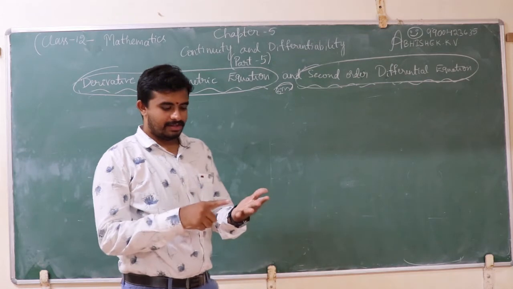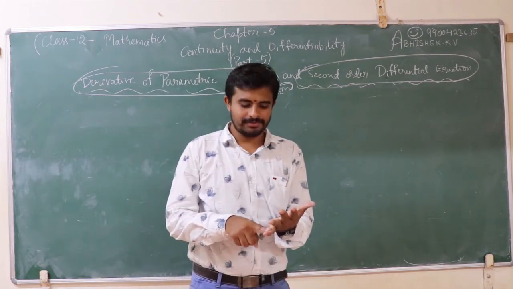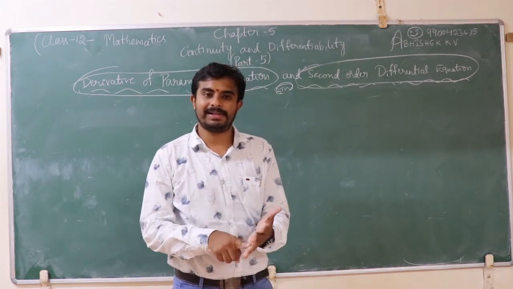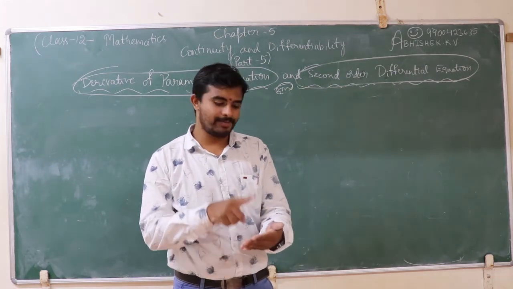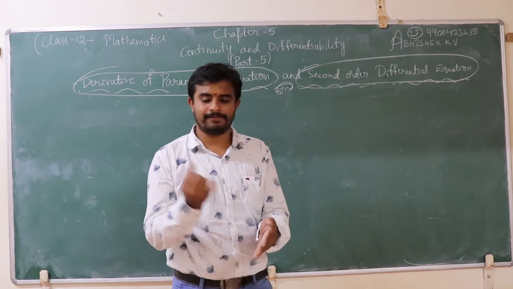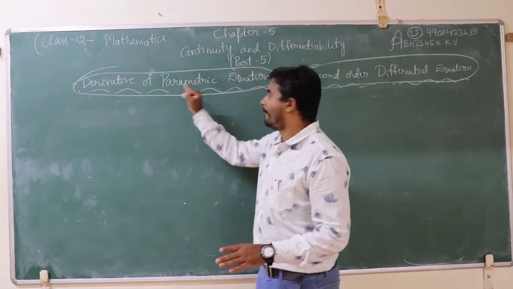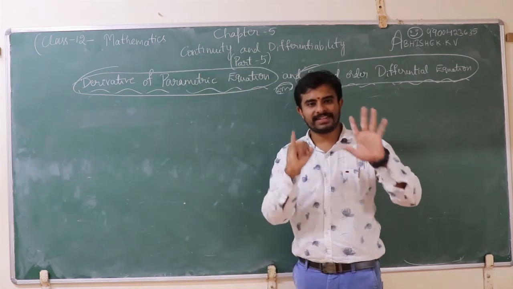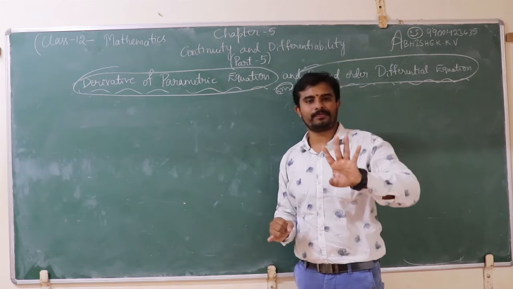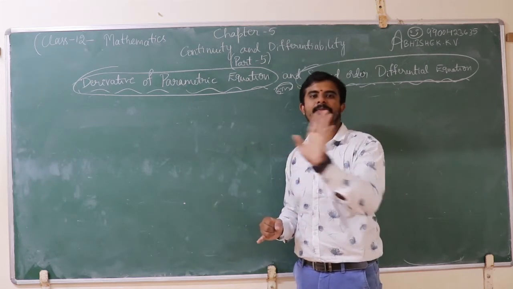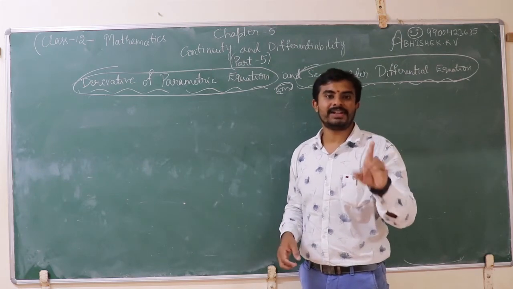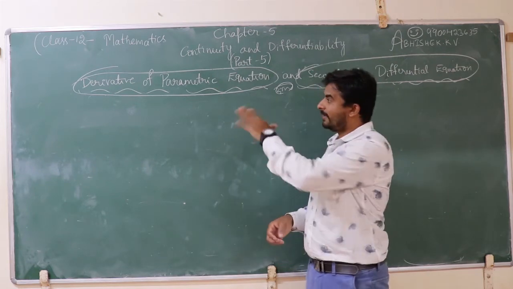See, derivative of composite function using chain rule, derivative of implicit function, derivative of inverse trigonometric function, derivative of logarithmic function, derivative of exponential function, derivative of parametric equation. Out of 6, you will get any 4. For 3 plus 2 plus 2, 7, 7 plus 1, 8. Out of 20 marks, you will get 8 marks from this type.